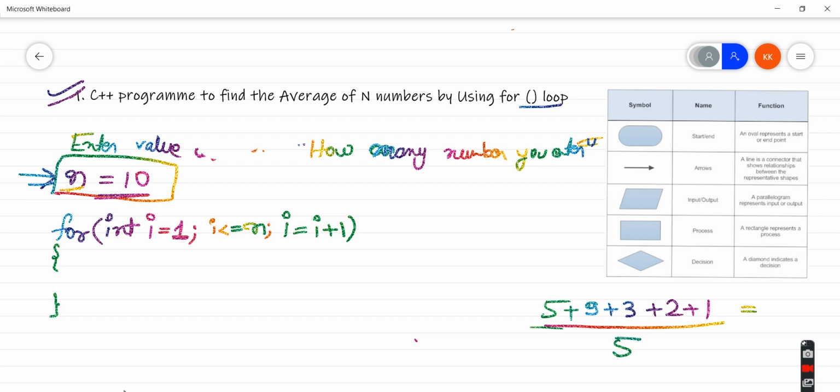I am going to declare a variable called sum, which is going to be initialized with 0. Now sum is equals to sum plus whatever value will be entered by the user. I am going to save that or add that. So let's suppose I will first ask the user to enter some value.